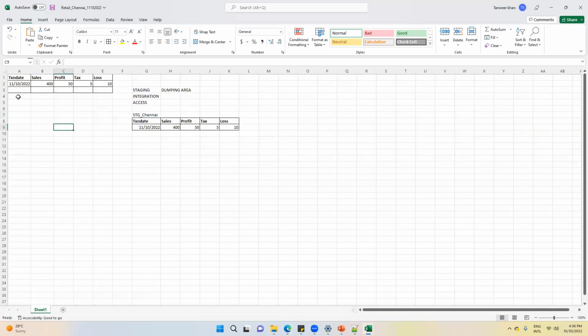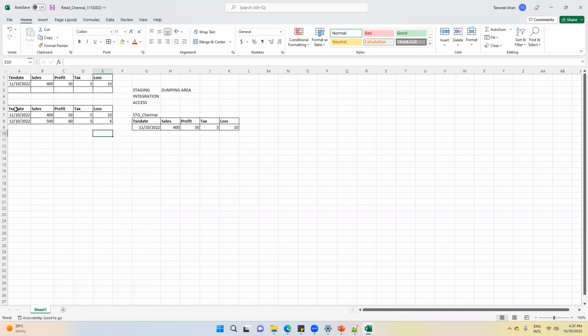On 12th October, what happened? The source team has sent me this data. Suppose the sales is 500, profit is 60, tax I paid 5 rupees, and losses are suppose 6 rupees. So on 12th of October, they have sent me this data, and this was the data on 11th of October.